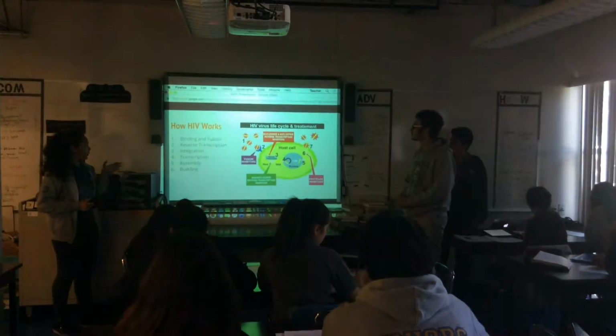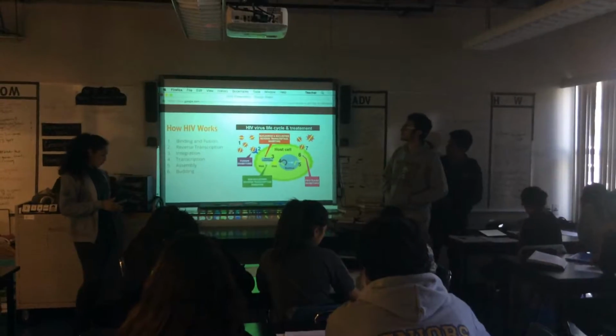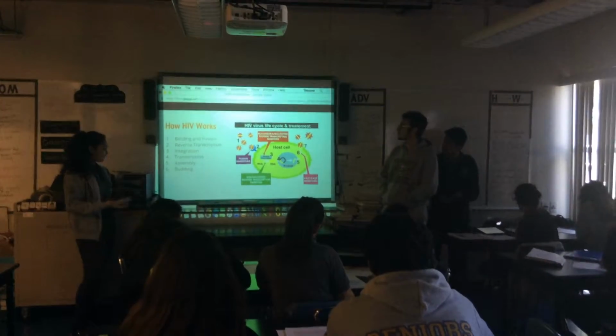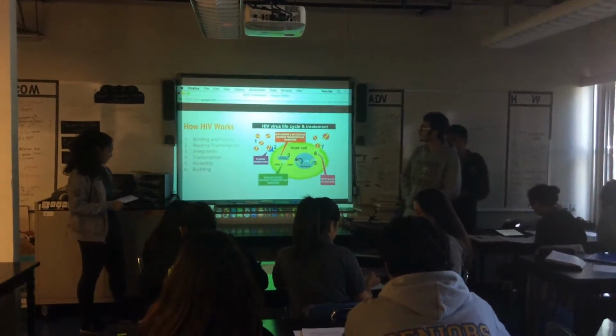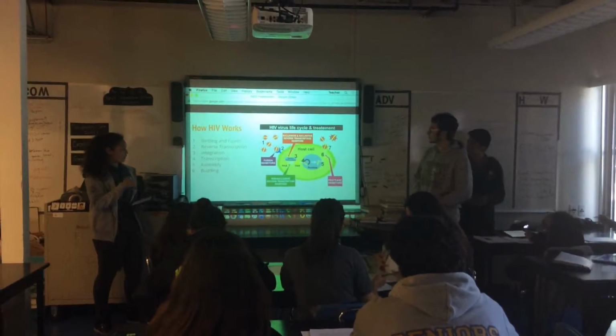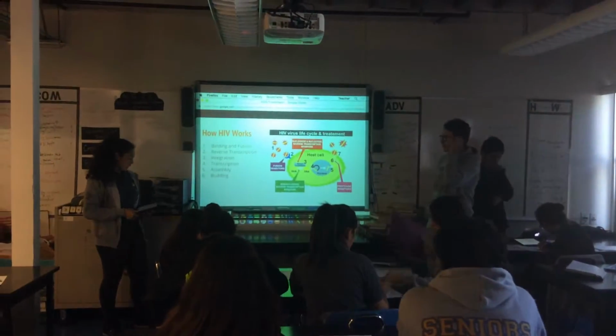So how HIV works is there is binding and fusion. So in binding and fusion, you have a process by which it binds to a specific CD4 receptor. And this is similar to when you have a lock and key, sort of like with enzymes. Once it binds to it, it's going to fuse with the host cell, and it will release its genetic material